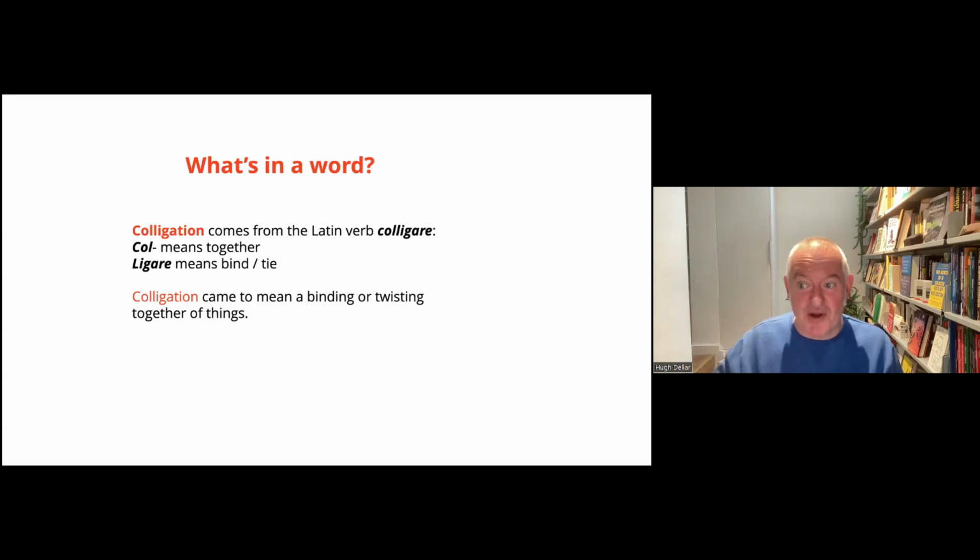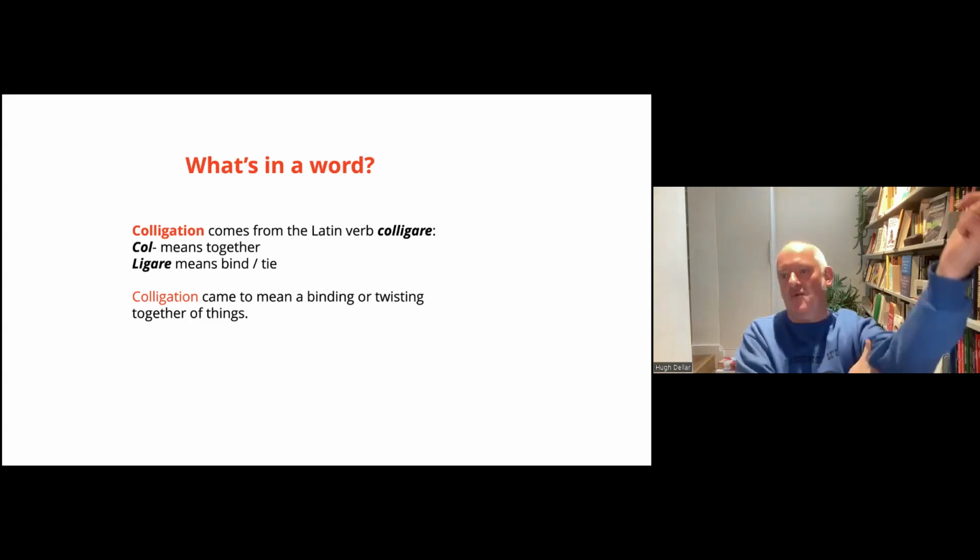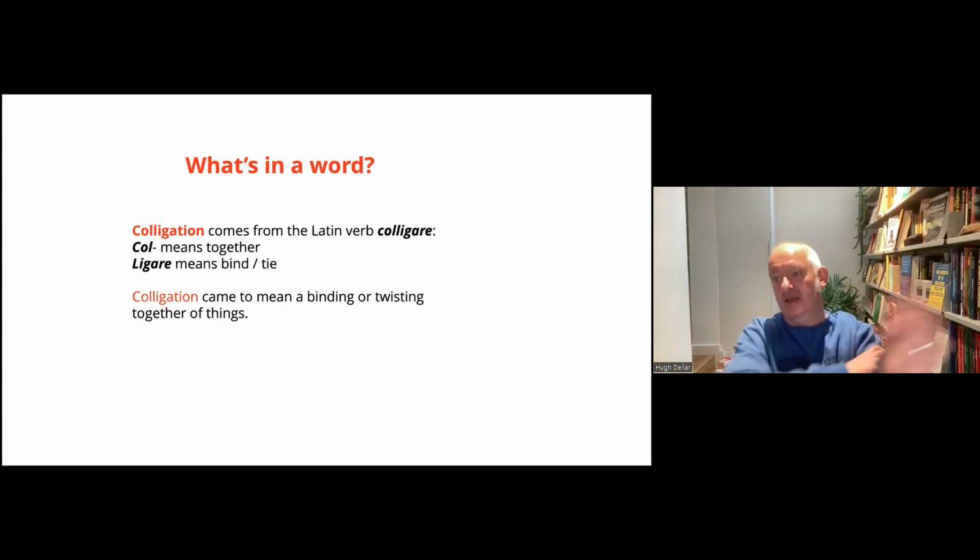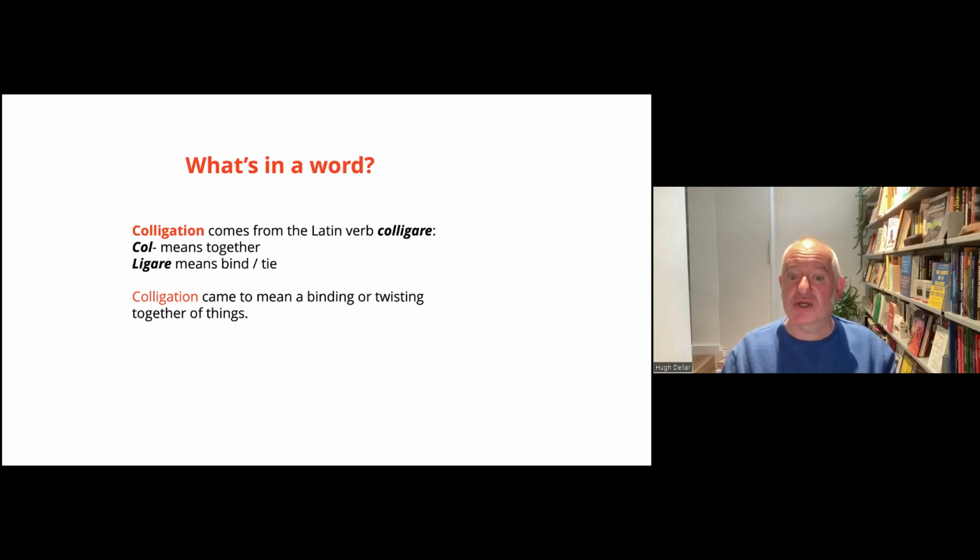Okay, always nice pronouncing Latin sounding words. Just say it one more time, just because it's nice. Colligare. And col means together. Okay, so you've got things like collaborate, which can obviously be both a positive and a negative thing, depending who you're collaborating with. And this word ligare, which I guess is where you get things like ligature, like to tie around your arm, you know, to stop bleeding or to make the veins stand out, means to bind or to tie.